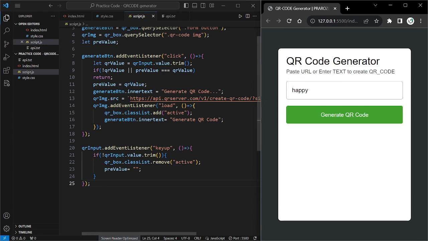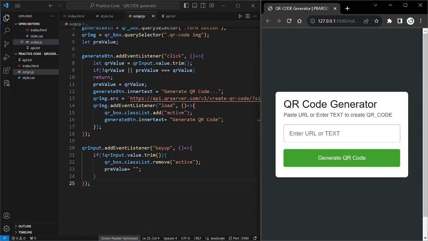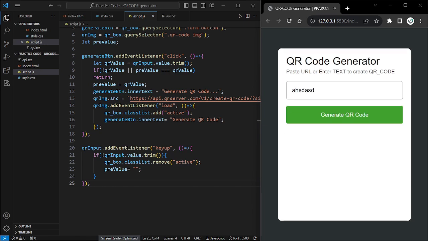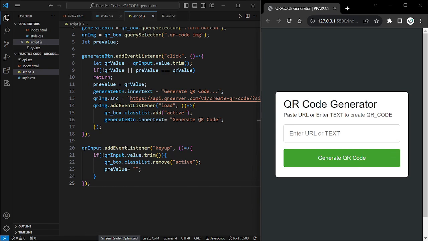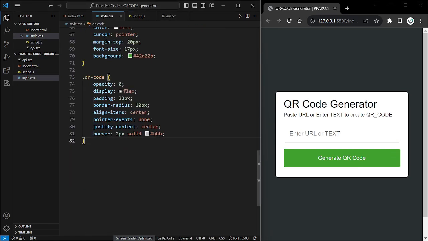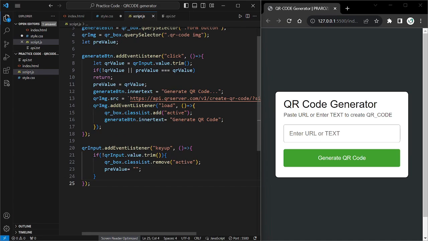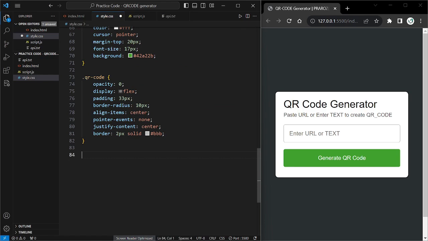So yeah, it is not showing because we haven't written it yet. Okay, so after we write anything over here, it will just open over here, but it will not show any QR code, because we haven't used our style.css. So now go back to the style.css, wherever you have left. Then we'll just work on the active state. So here's our active. Now we have to work on that, so we'll work on the QR box dot active